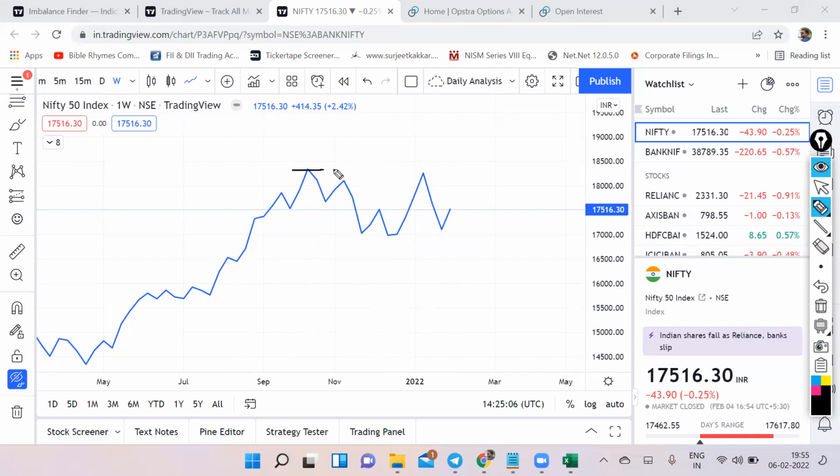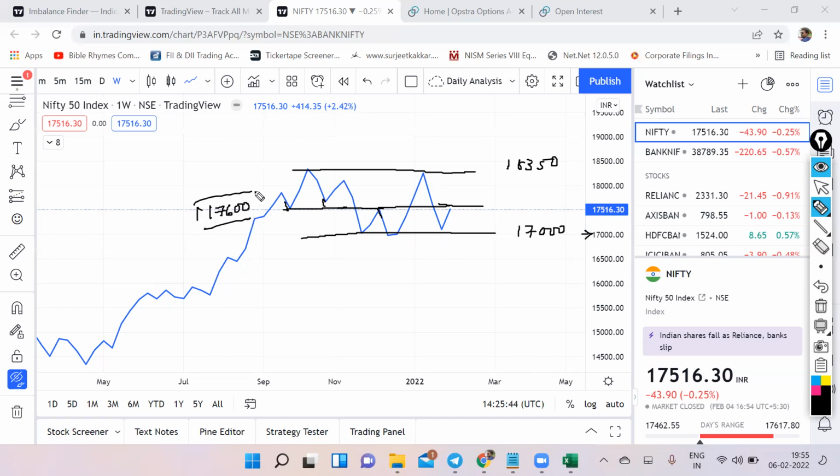resistance somewhere here. I think this is somewhere close to 18,350, and similarly we have support somewhere here which comes out to be around 17,000, and there is a midpoint somewhere here where the market is taking support, and once it breaks it takes resistance, it again went up. So this is the magnetic line that I would say. This happens to be at 17,600. If you remember, I have always told you